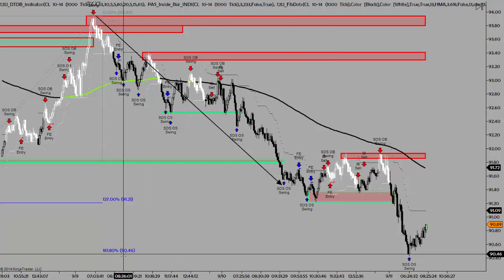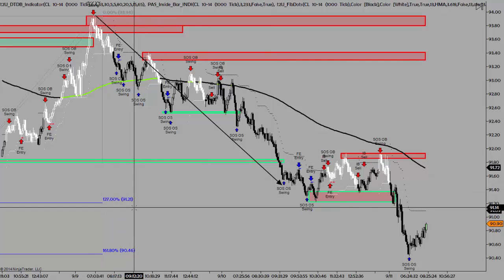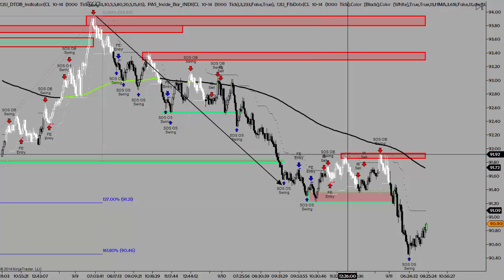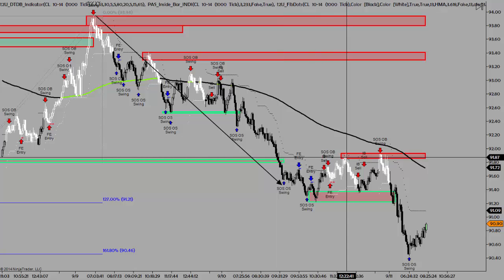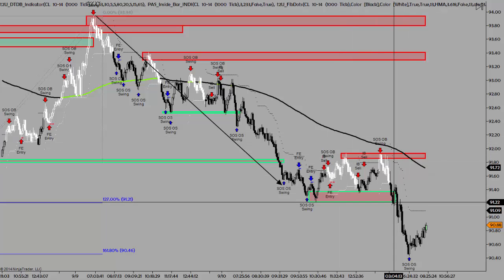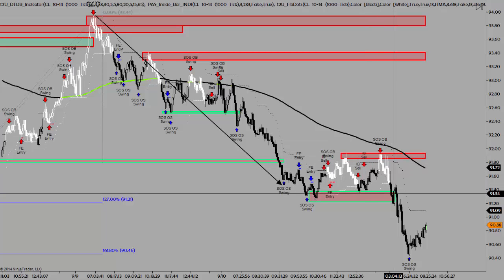Yesterday I did the analysis saying if we take out structure support here, then we should make an immediate move to 91.21s right here. We did that. We tested the 91.21s, gave a rally back into previous structure support right here, anticipated resistance right here, and right there we got our turning point black tip sell signal, retested the 91.20. So again, if you did get that, we talked about risking 20 or 30 to make 60, and then the